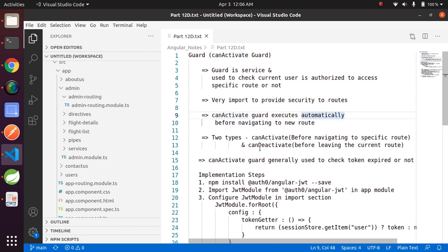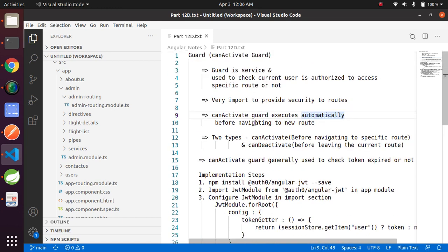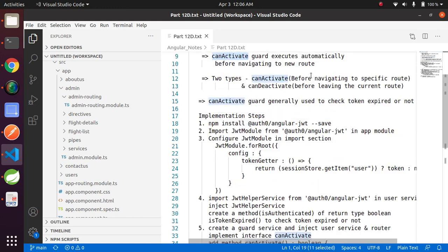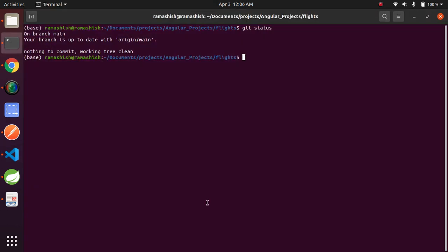Let me show you practically. There are 6 steps to implement can activate guard in Angular. Go to your terminal and execute the application with ng serve.